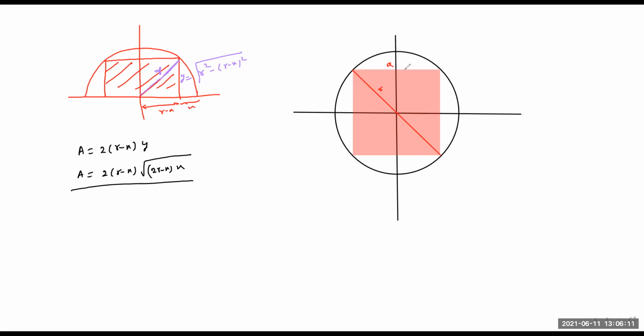So the diagonal of a square is how much? Root 2 A, if you know the basic math. And this must be equal to 2R. This is R, 2R, no? So what did we get? A is